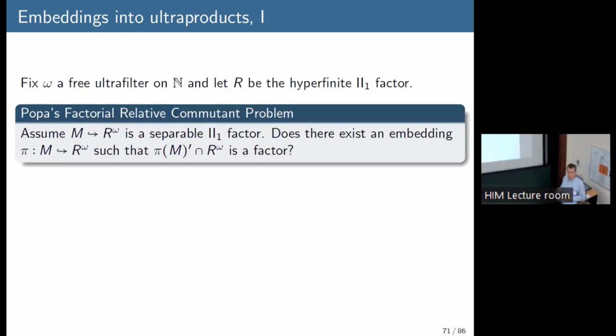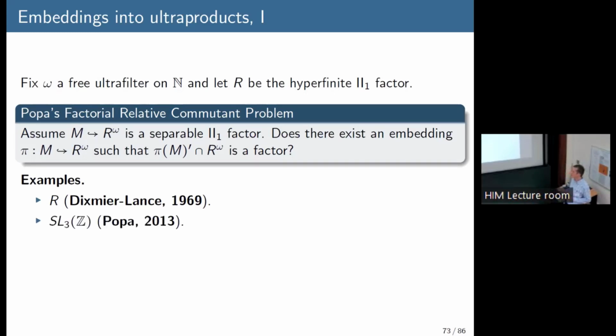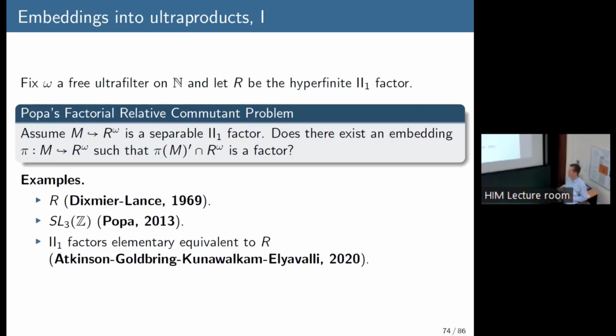And here's the famous problem of Popa's factorial relative commutant problem, which says that if you can embed a separable II_1 factor M in R^omega, can you find another embedding which will have this relative commutant to be a factor? And examples: R satisfies this, SL_3(Z) will satisfy this, and also